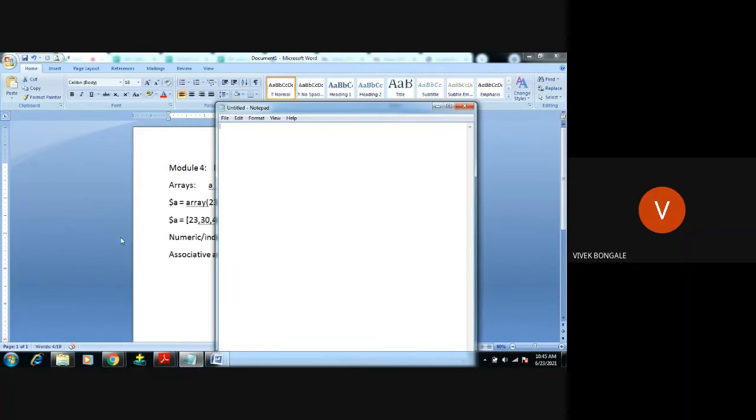See, I'll write a simple program in PHP: accessing and declaration of arrays. Then dollar ARR, creating one variable equals the array keyword, and I am giving mixed values: 25, then "Monday" as a string, and "Tuesday", then 30.